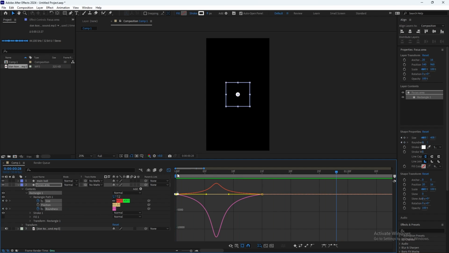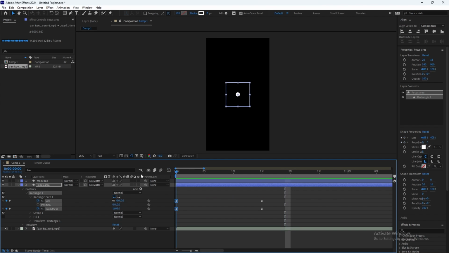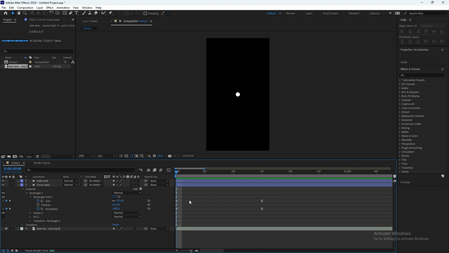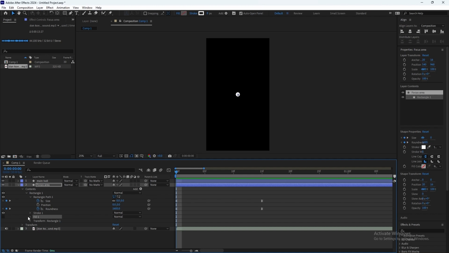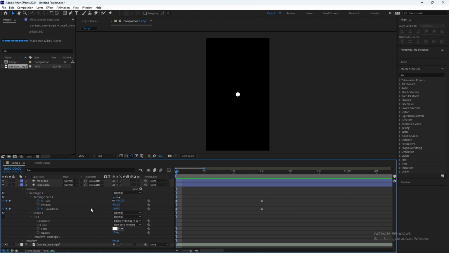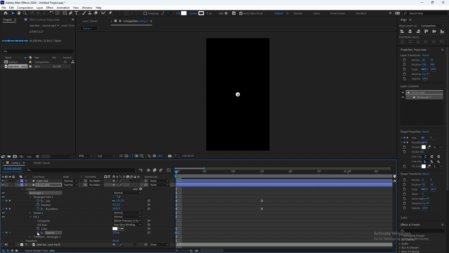And it's now way smoother. To make it even smoother and more visually interesting, you can go to the fill, and first of all click the eye so you will be able to see that, and then click the opacity.